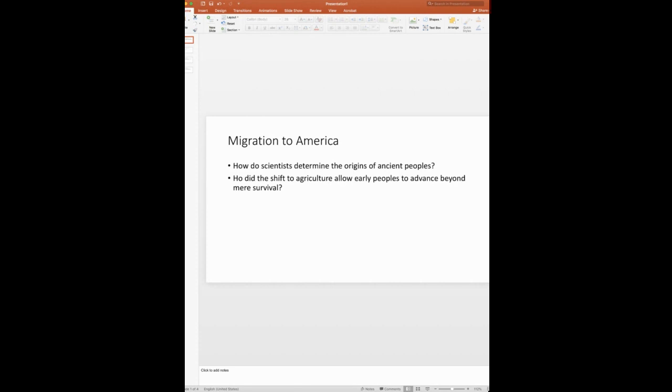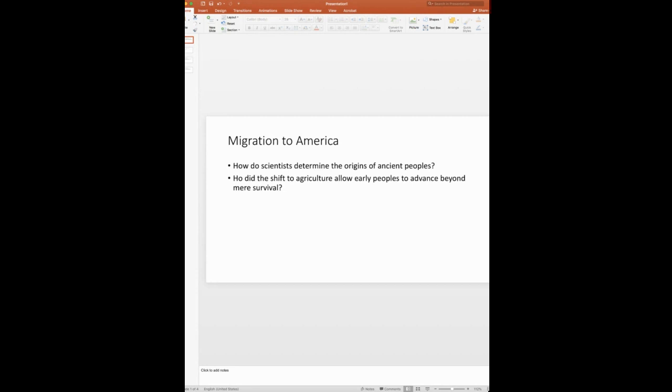Through your reading, there's a couple of questions here. Michaelan, you're the only one here, so you're the only one that can answer. But as you're reading, I think it's interesting. This is not my favorite time period in history, but I do think it's interesting that scientists are able to determine the origins of ancient peoples. As you're reading, you may wonder, well, how do scientists know this?